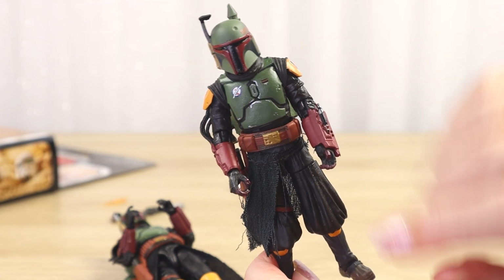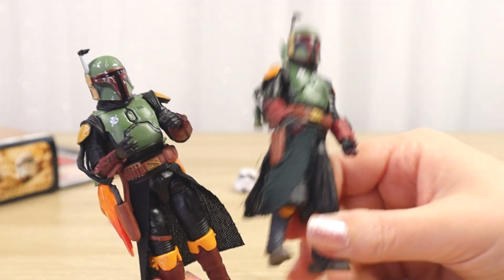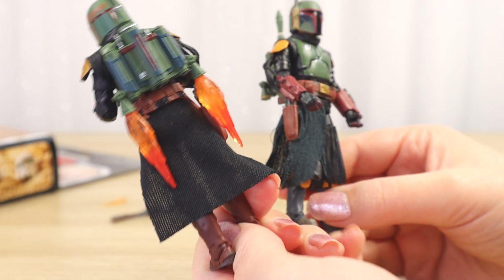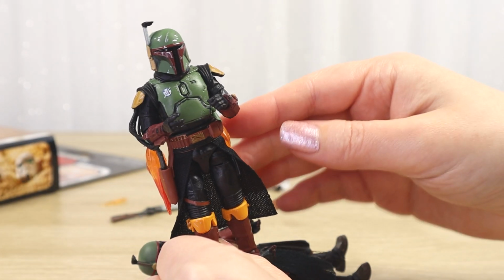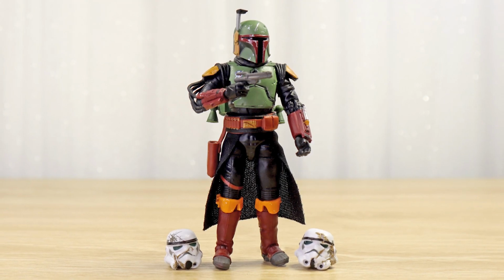And the chest is very tidy. The helmet looks really nice. This one, we've got that tidier skirt that is definitely going to hold up a little bit. We've got those extra accessory points on the back that this one doesn't have. But I don't know that those flames and the two Stormtrooper helmets really make up the price point